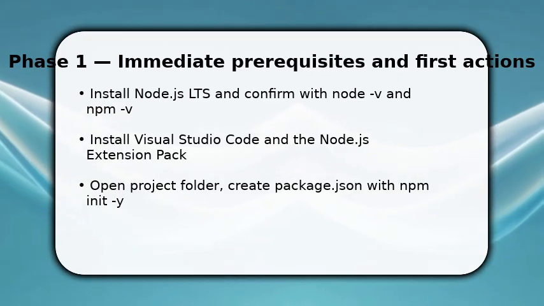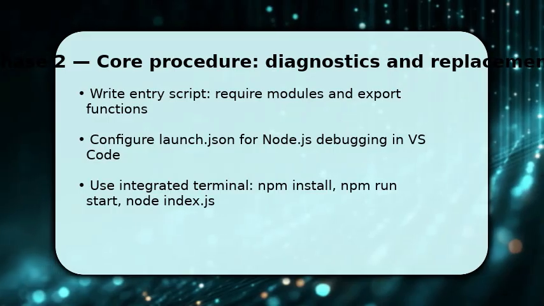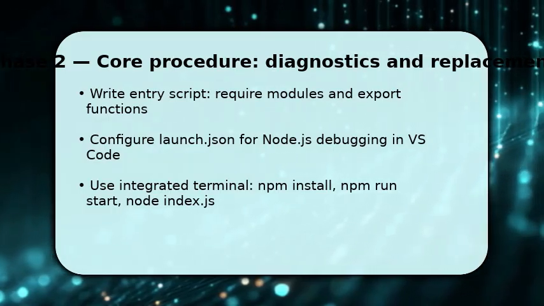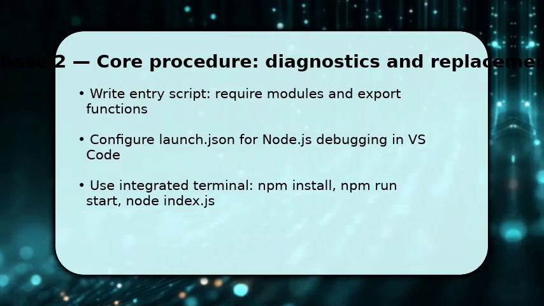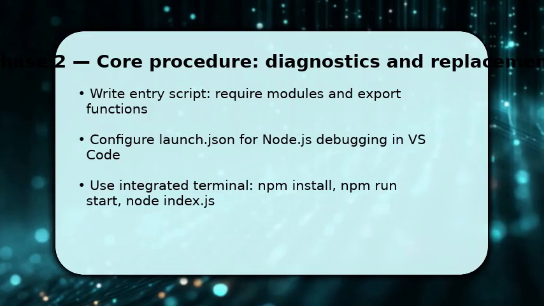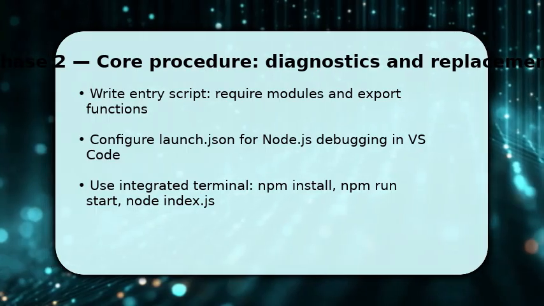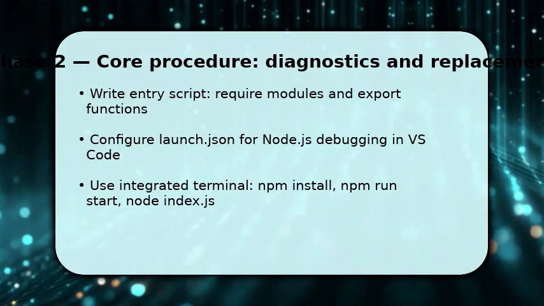Now you write the entry script and organize modules, require or import dependencies and export functions where appropriate so code stays testable. Next, configure a launch.json in the .vscode folder to set breakpoints, runtime executable, and env variables. This enables step-through debugging. Use the integrated terminal to install packages with npm install, then define scripts in package.json